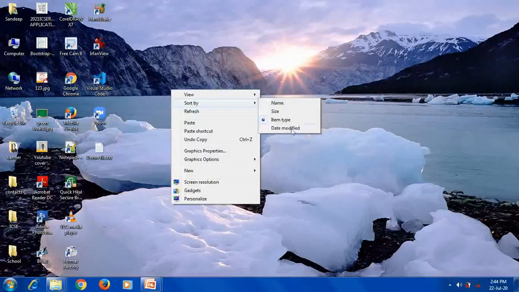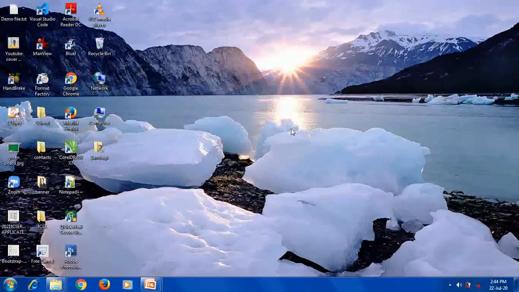Next point is Date modified, means when that icon or application was modified. Now if I select Date modified, see here, these icons were created at the beginning, and these icons were created recently.